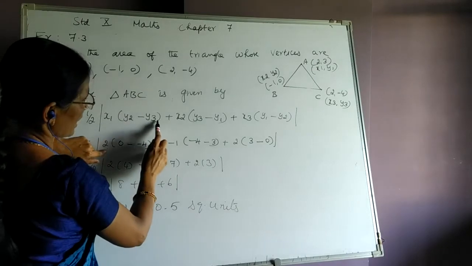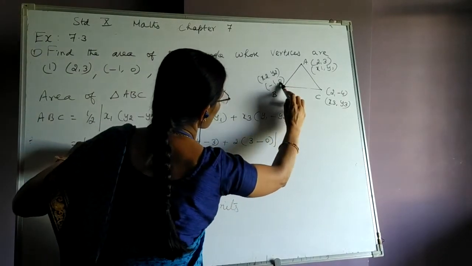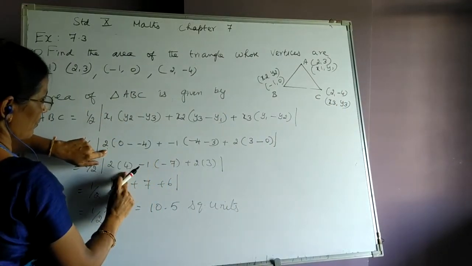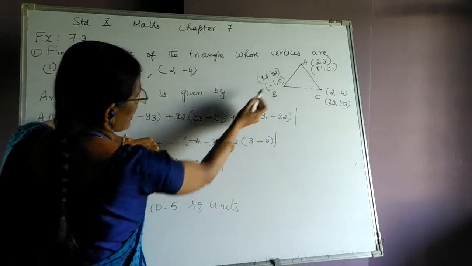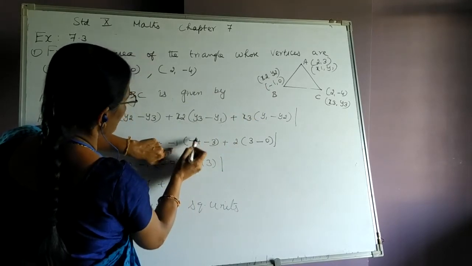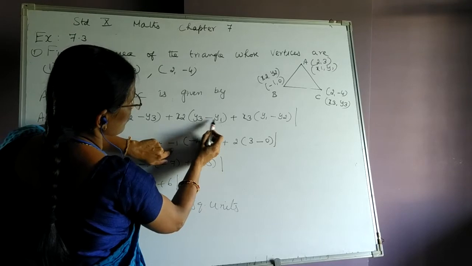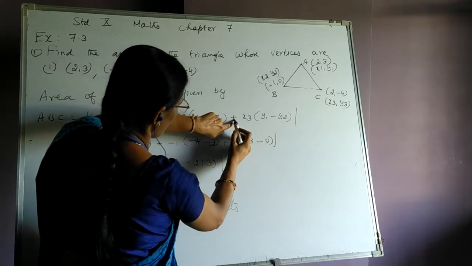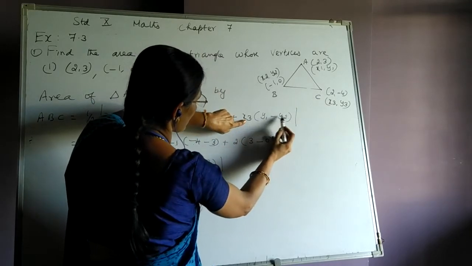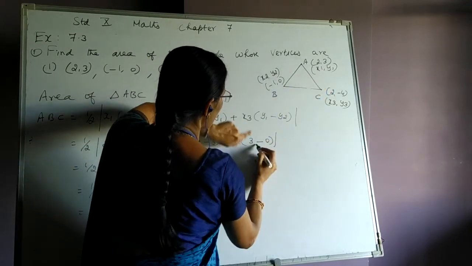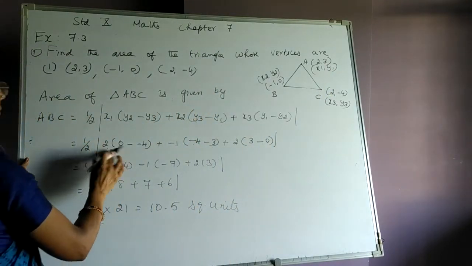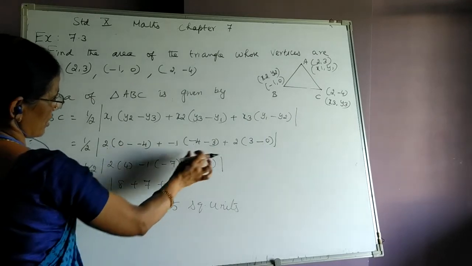Because we are given 3 vertices of a triangle, here we are going to use the area of the triangle as half modulus of x1 into (y2 minus y3) plus x2 into (y3 minus y1) plus x3 into (y1 minus y2). Why do we take this modulus, the absolute value? In case you get a negative value here, suppose you are getting half into minus 10, when we remove the modulus, we should take the positive value only. For that only this modulus absolute value is used here. If it is already positive, there is no change.